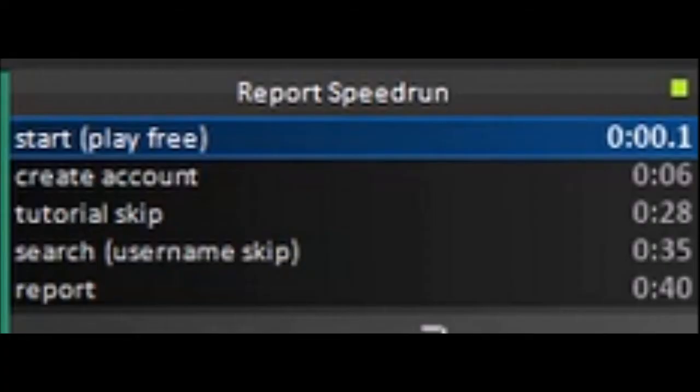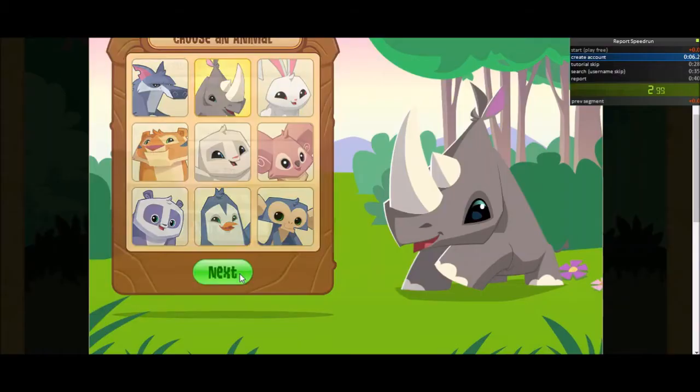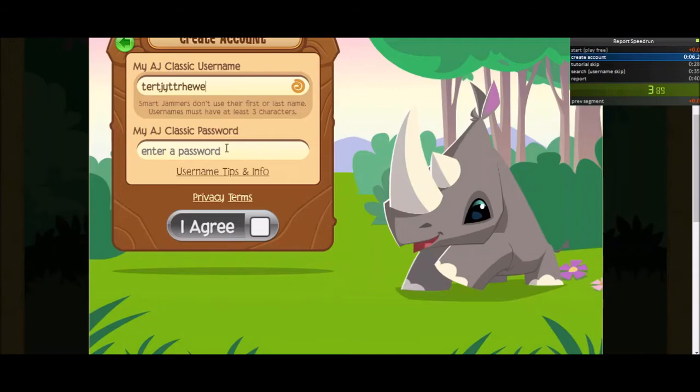So the first split, which we're going to be going over now, is the start button, which is labeled play free, so that's what it's called in these splits. The second one is the create account split. Now this is incredibly simple. What you do after you hit play free, you hit create an animal, and then you key mash a username